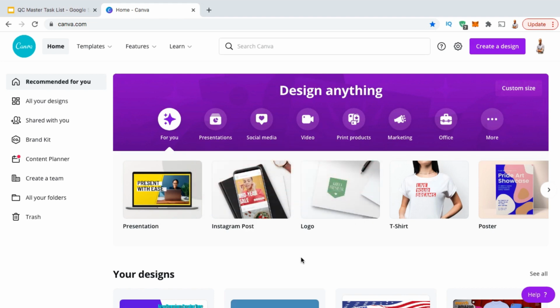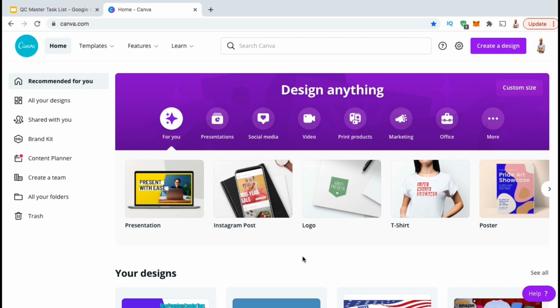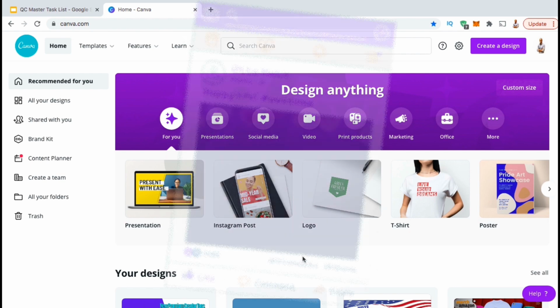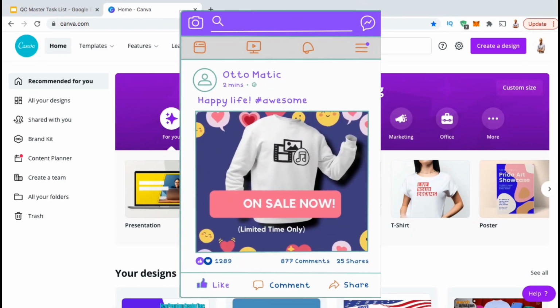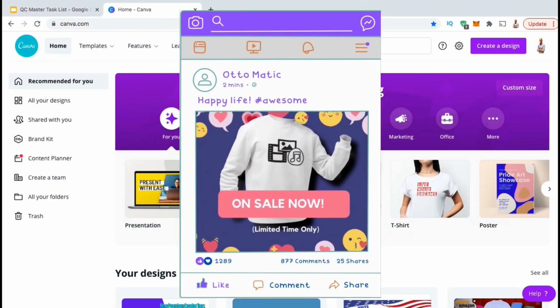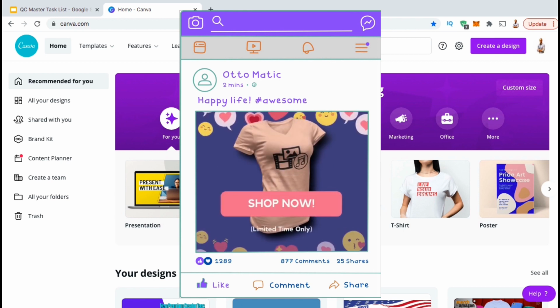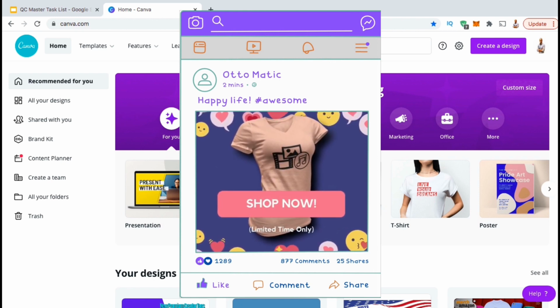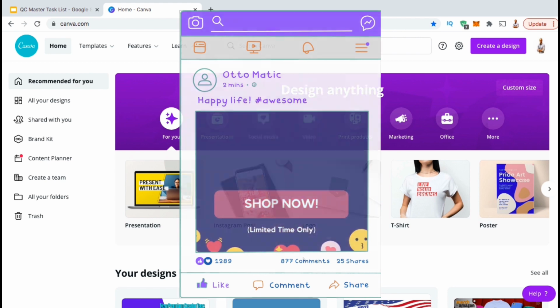Canva is one of the most powerful editing tools that every online designer or creator should have. Using Canva, you can create amazing designs, banners, logos, and other graphics, but many people don't know that Canva is actually an amazing video creation tool as well. Creating custom animated videos on Canva is super easy, fast, and actually pretty fun.